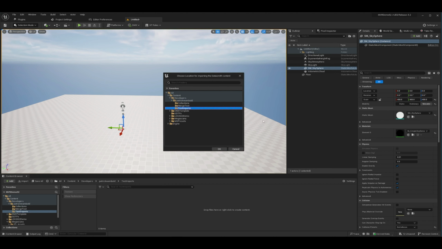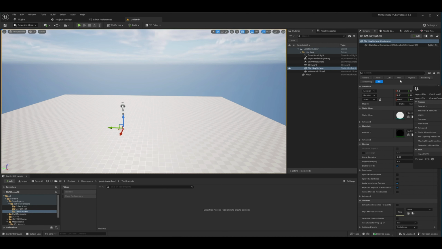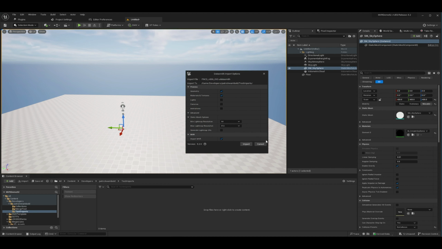Another important thing to note is that when I do this, it's going to automatically insert it into the level. So make sure you either are in a level that you want to use it with, or you've created a new sublevel that you're going to add to something else, so you don't end up with 10,000 new items that you weren't prepared for. So I'll hit OK. Now I'm going to get Datasmith import options. So I'm going to just take geometry, materials, and textures. Ignore any lights, cameras, or animation.